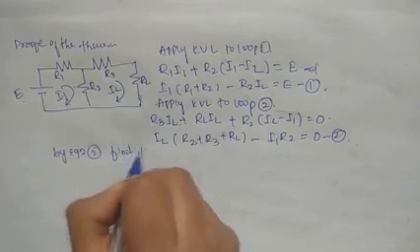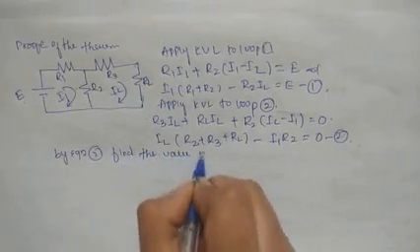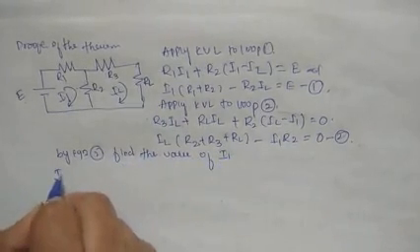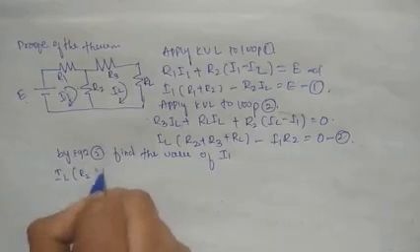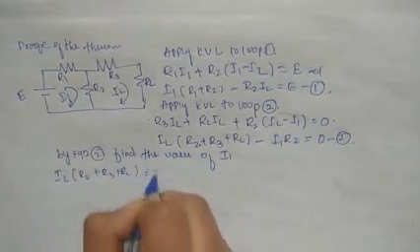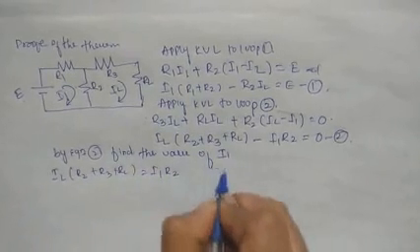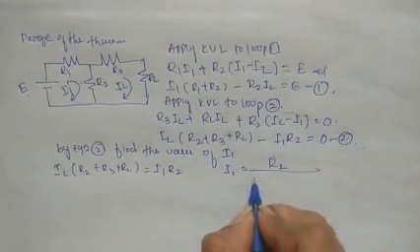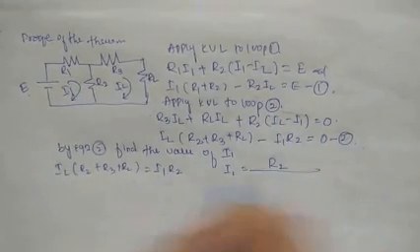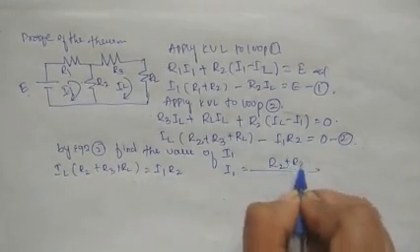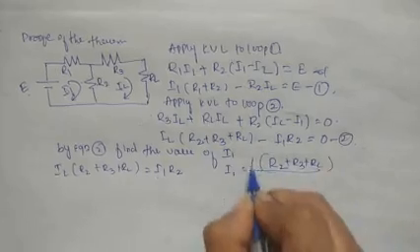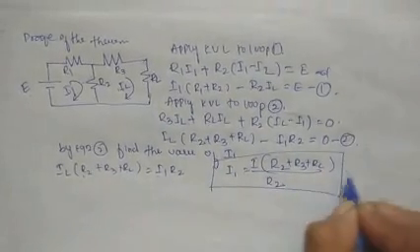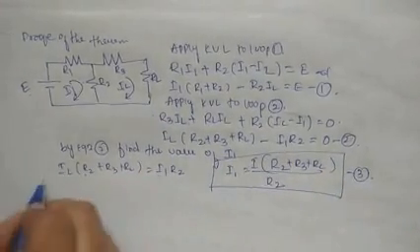find the value of I1. IL (R2 plus R3 plus RL) equals I1 R2. I1 equals, R2 divided by, I1 equals (R2 plus R3 plus RL) into IL divided by R2. Equation 3. Substitute